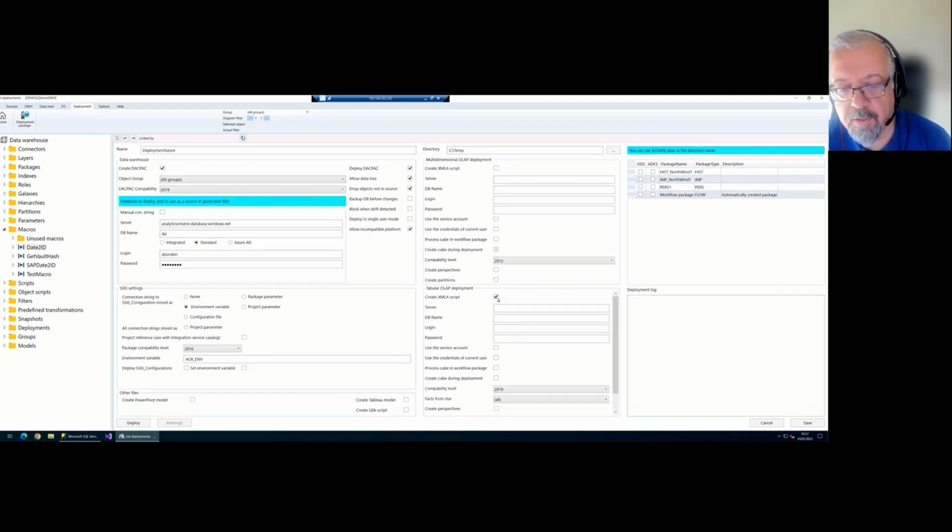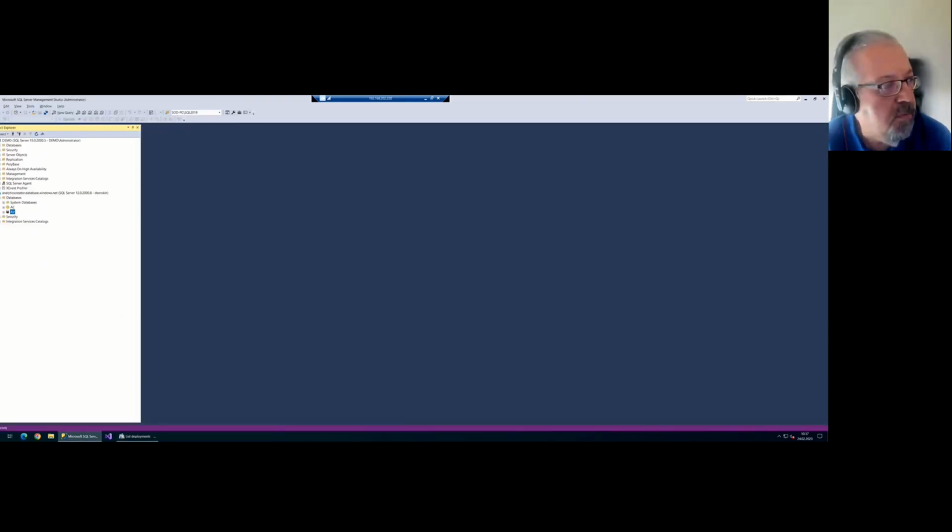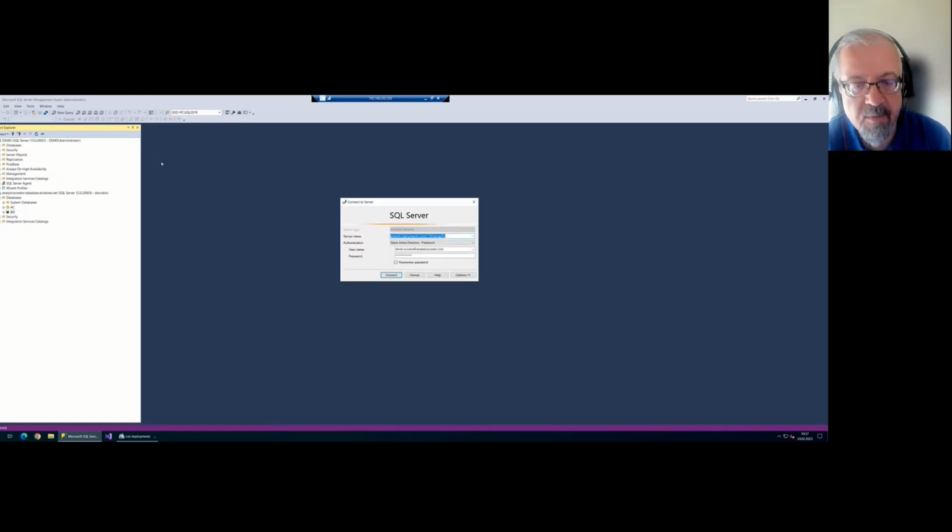Click here, we generate the XMLA script. This is a JSON script containing the definition of our Power BI model, and we will deploy it directly to Power BI. We use Power BI Premium, and Power BI Premium provides us with the XMLA